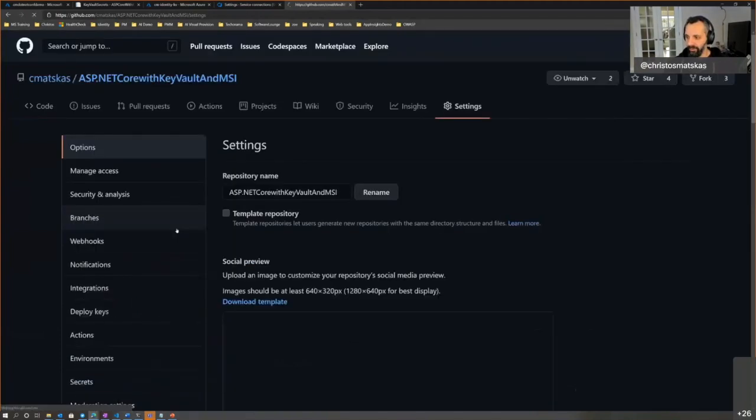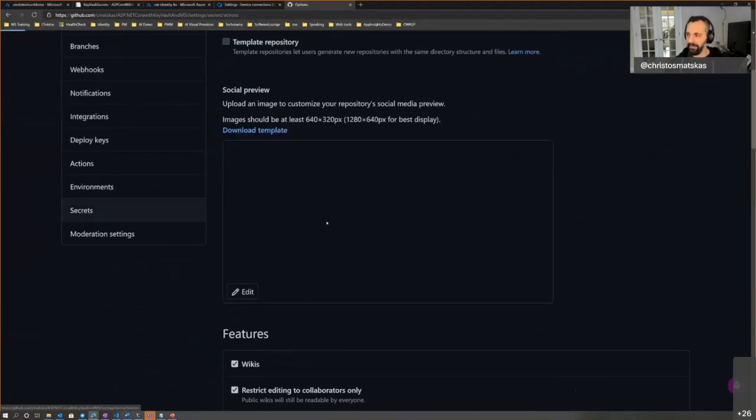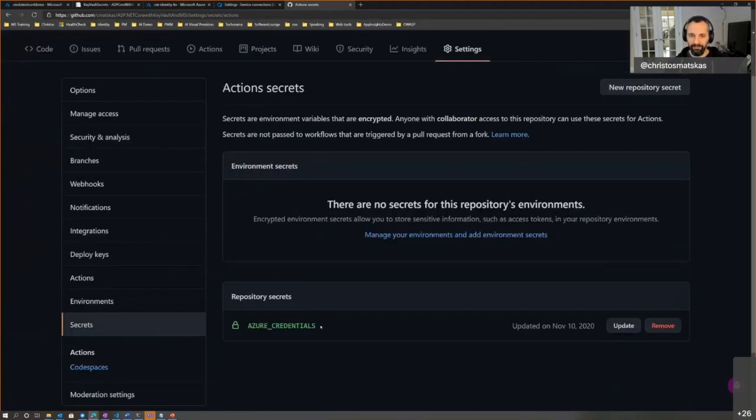Now you might say, well, Chris, it's fine. I mean, we can stick them into our secrets here. The challenge here is that you don't really have auditing on who's using the secrets and when. Whereas if you do it via Key Vault, you know exactly how often and when and by what secrets are being accessed. Now, I had to put Azure credentials here because it is the lowest common denominator I could have to store things.